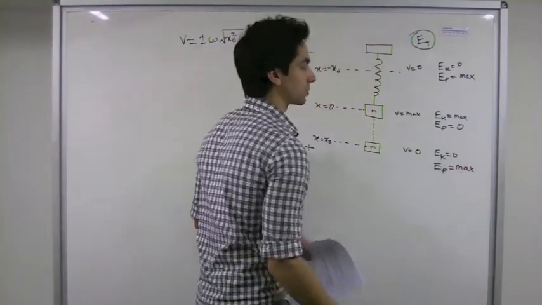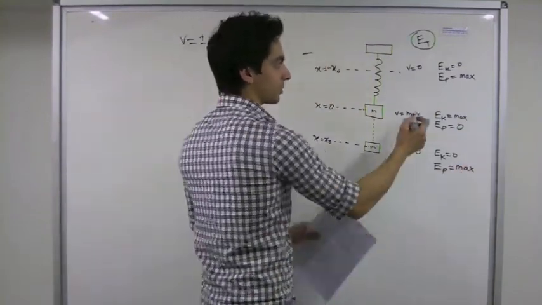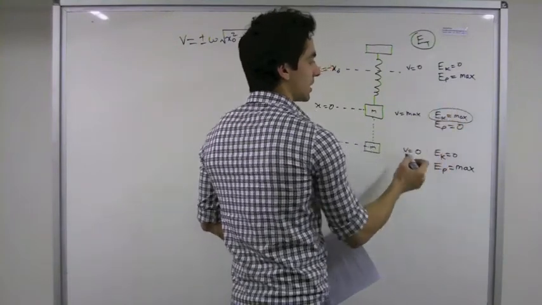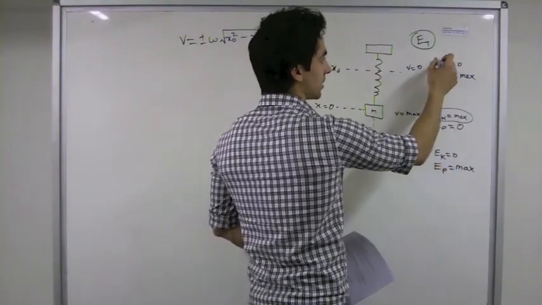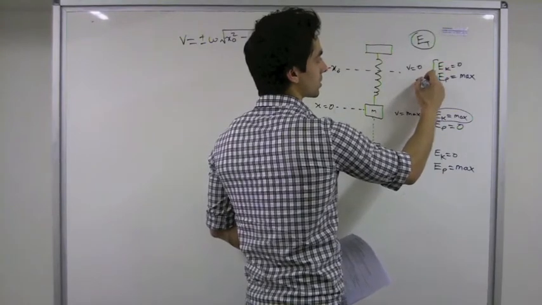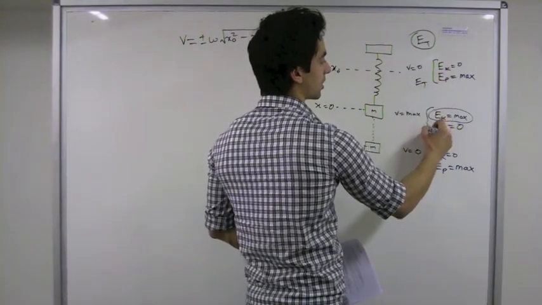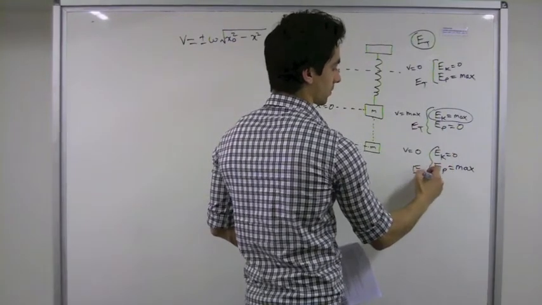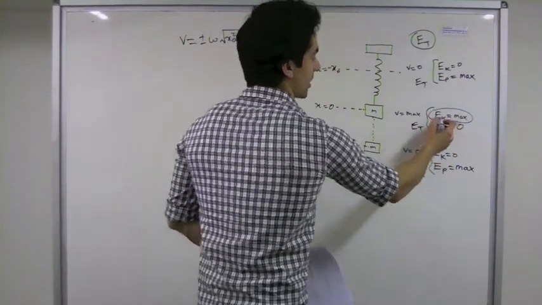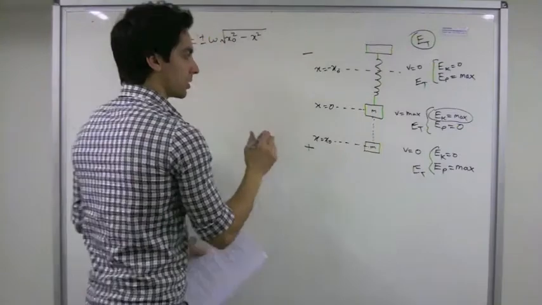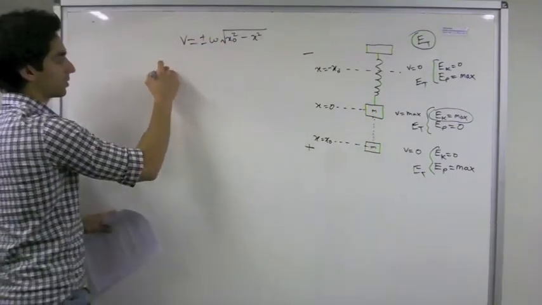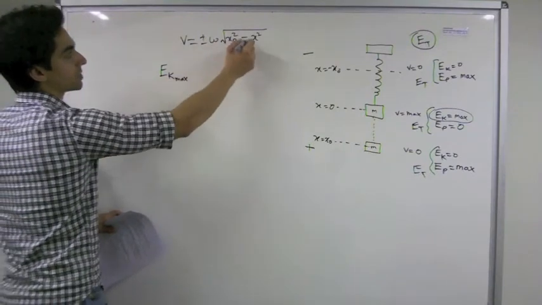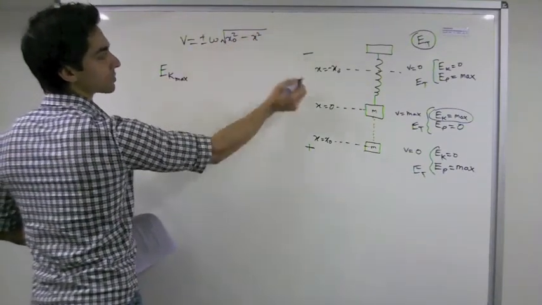Now to find the value, let's take for example this point here, Ek max. Firstly, the addition of all of these is equal to the total energy. Now, at the equilibrium position, to calculate the maximum kinetic energy, we just have to substitute the displacement as 0